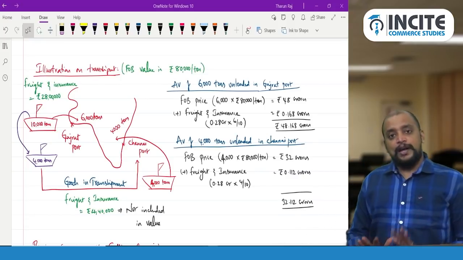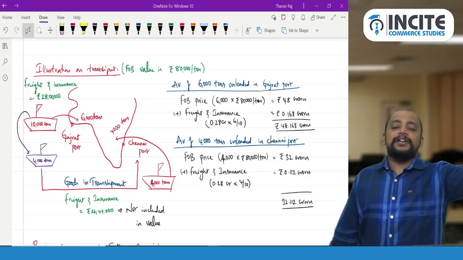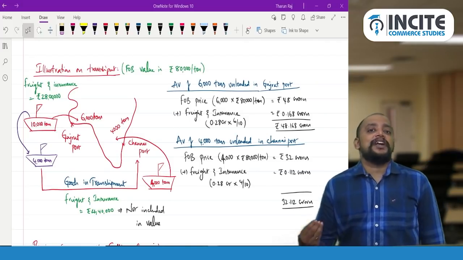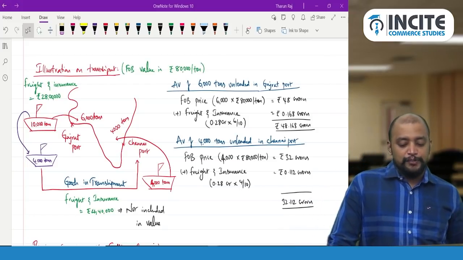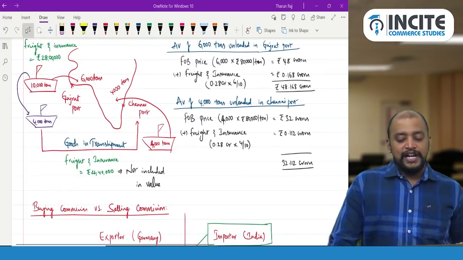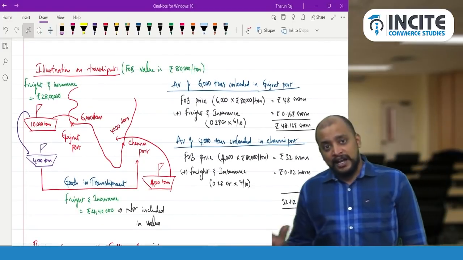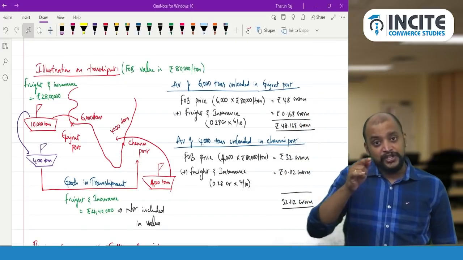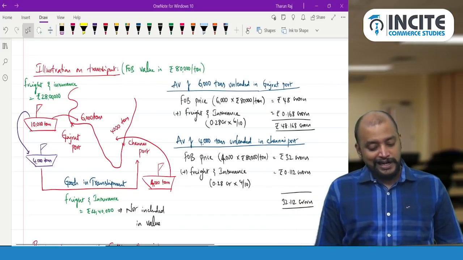Now in this case what will happen? See, the transshipment freight and insurance will not come in the value. So in the 4,000 tons we will not take the transshipment freight and insurance. The value of the 6,000 tons is normal, whatever we have computed before, the same will be taken: 48.168 crores. Whereas in the case of the 4,000 tons, we will take only the FOB value plus the original freight, but the transshipment freight will not be included. Therefore 32.112 crores will be taken as the value in this case.